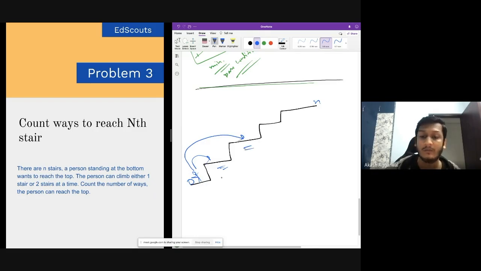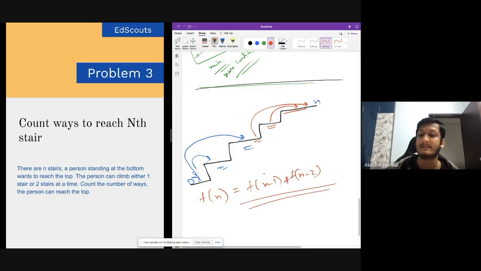So let's see how we can reduce this bigger problem to a smaller problem. We are calculating a function of n. We want to return the number of ways to reach the nth stair. Just check how we can reduce it to the smaller problem. From where could we have come? We could have come either from the previous stair, or from this one, right? Because the guy would have either climbed up one stair or two stairs. So it is f of n minus 1 plus f of n minus 2, and this is the same as Fibonacci.